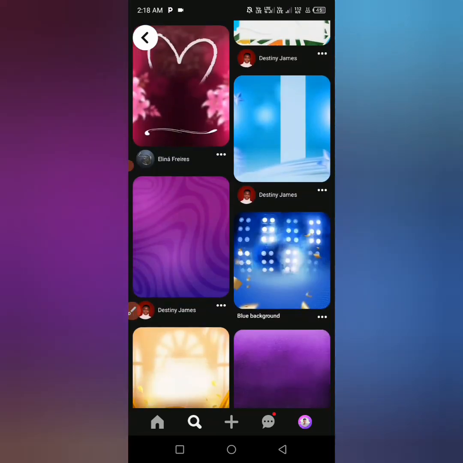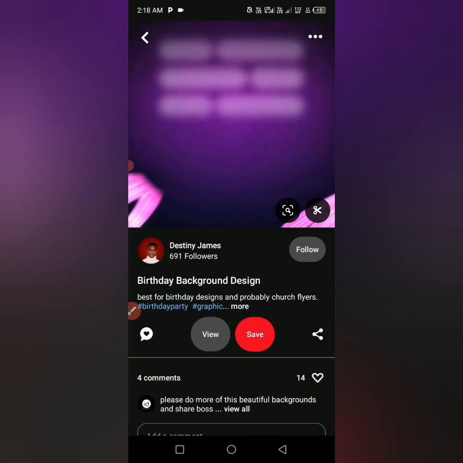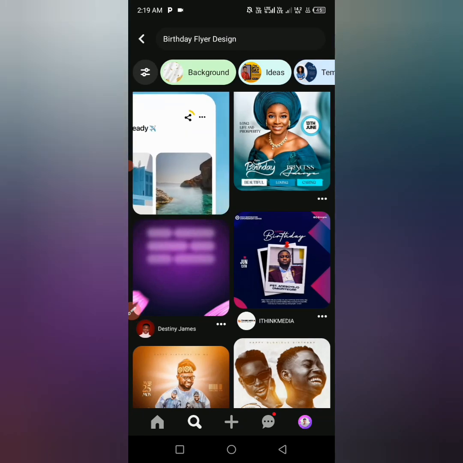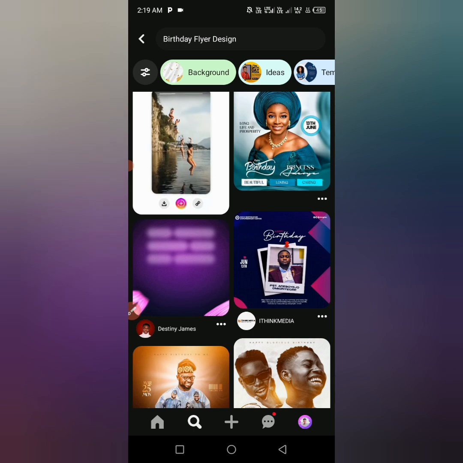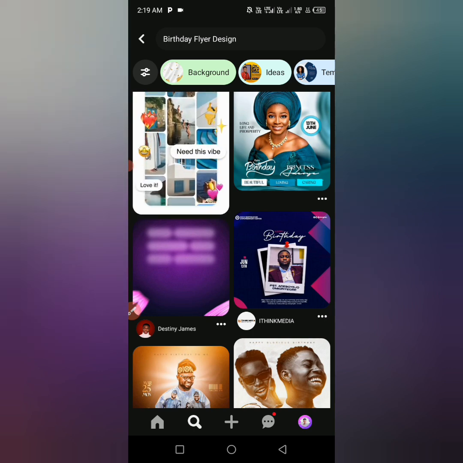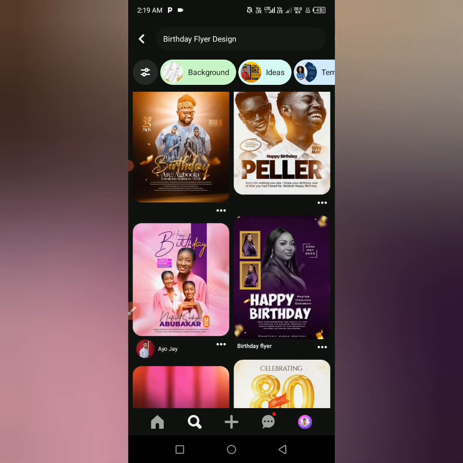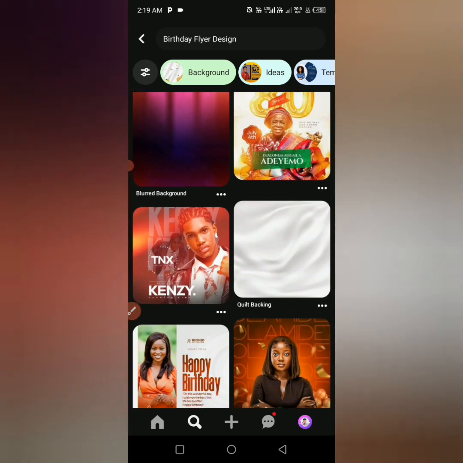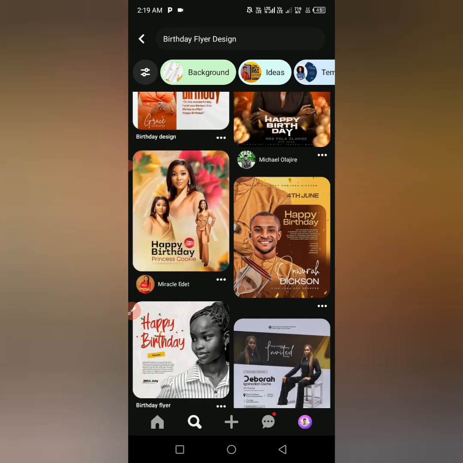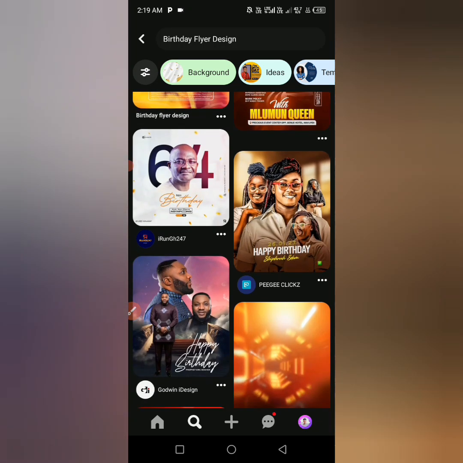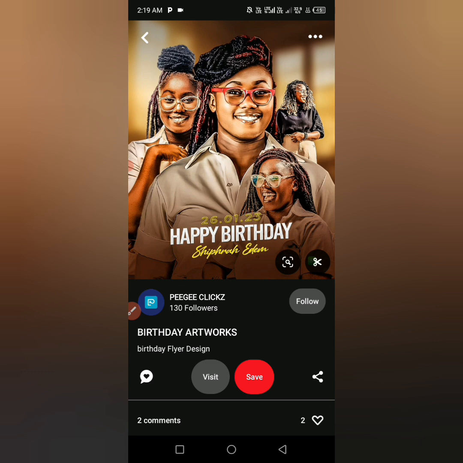If you want any source of inspiration as a graphic designer, Pinterest is the number one place for you to come and search your need. You can see all these birthday flyers from different creators. You can see this one is really amazing, because the owner of this design really killed it. Because first of all,